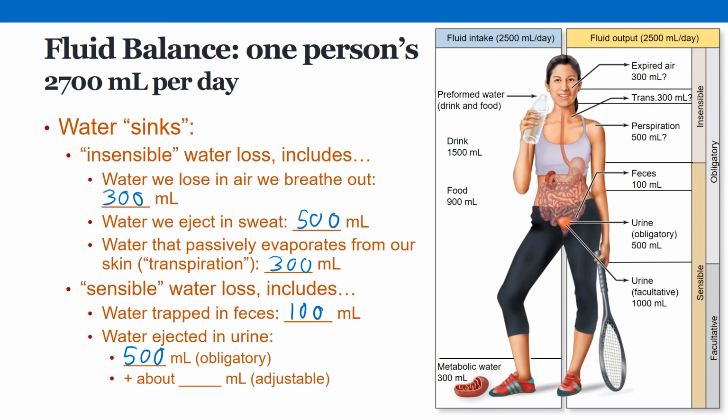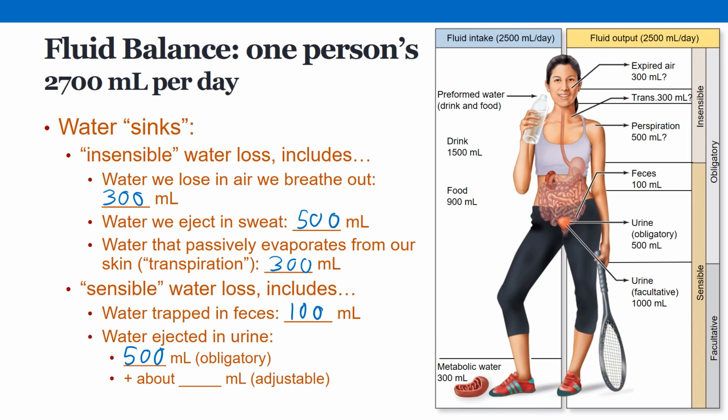That's how much your body needs to make to get rid of all those waste products and toxins that build up in our body. But depending on how much water you take in and how much you perspire and how much all of these other factors add up to, you might have between 500 and a couple of thousand milliliters